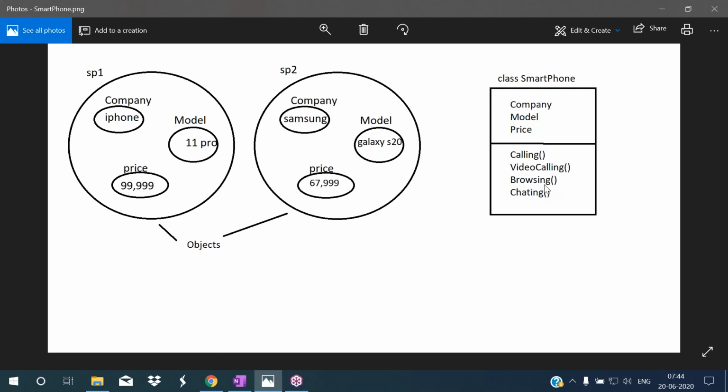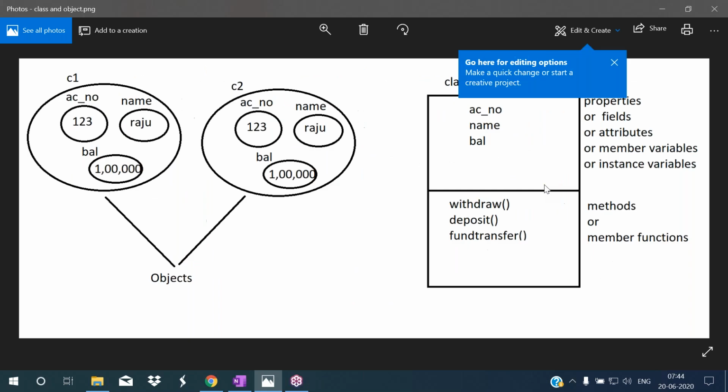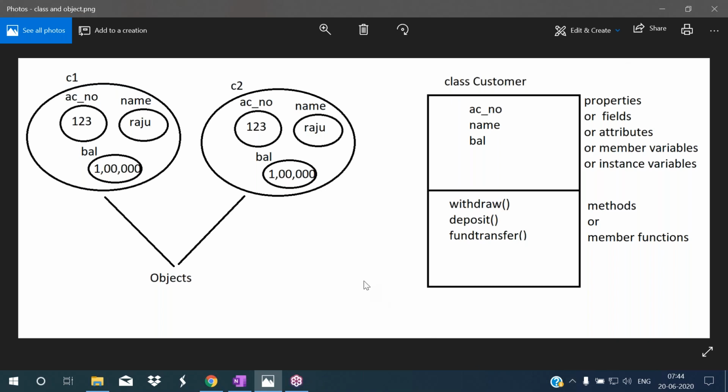So here, see the terminology. Listen, now I'm explaining the terminology. Listen carefully. Yesterday I explained about this one. Class means class is a plan to create the object. So for any object, some properties will be there, as well as behavior will be there. I want to construct customer objects of one bank.